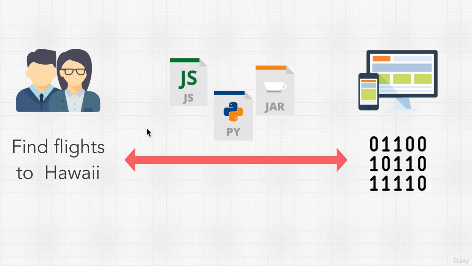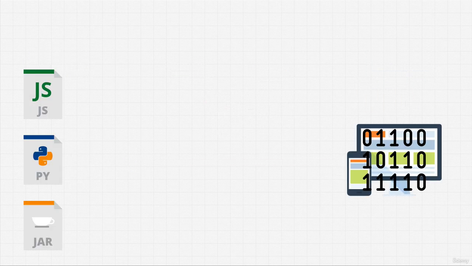Okay, that's great. We have these pieces, but what are we missing here? I mean, if I want to find flights to Hawaii, how do we go from here to, well, having, let's say, a website show us a display of all our flights, telling the computer to show those flight information on our screen? What are we missing here?